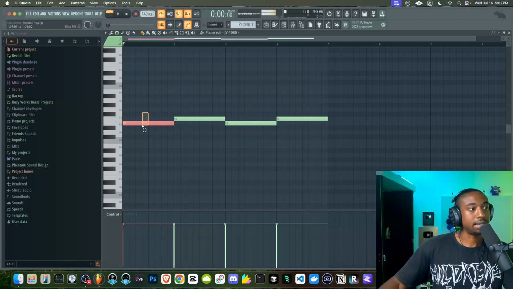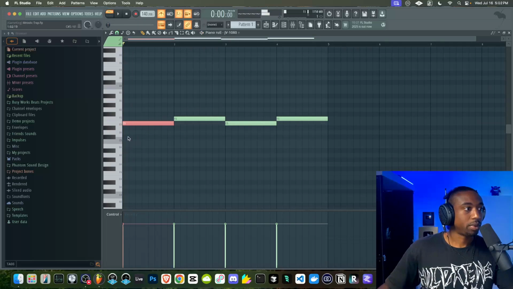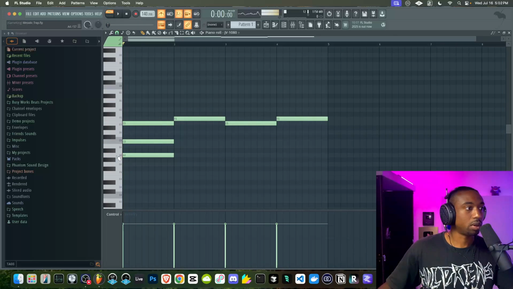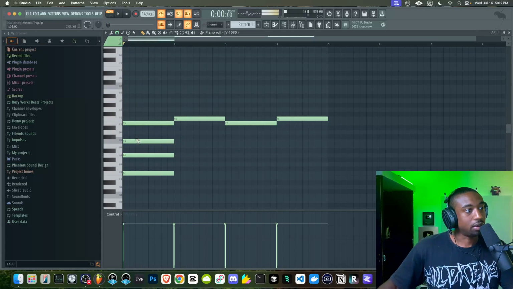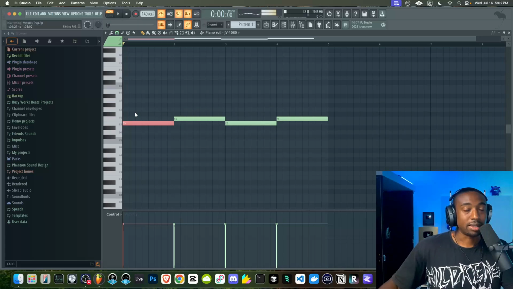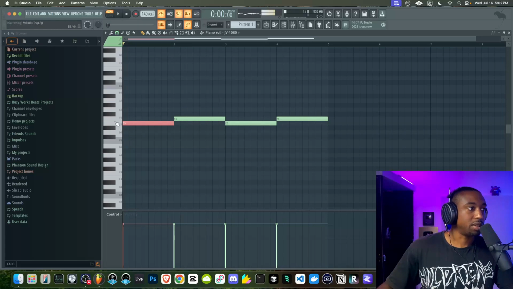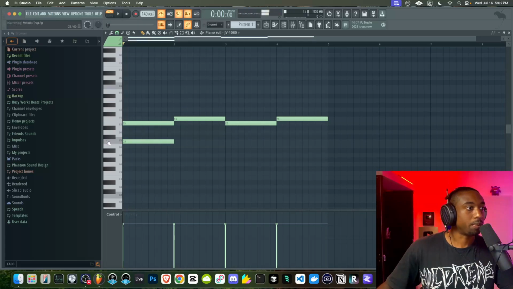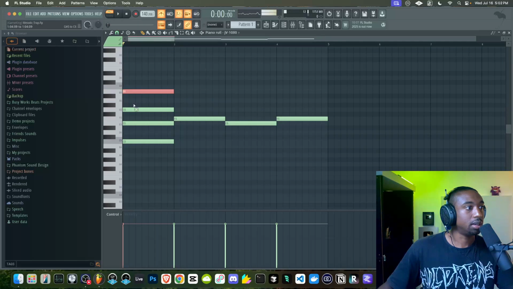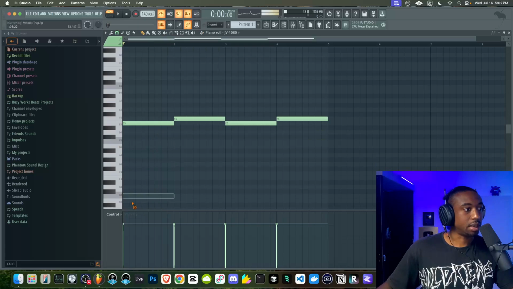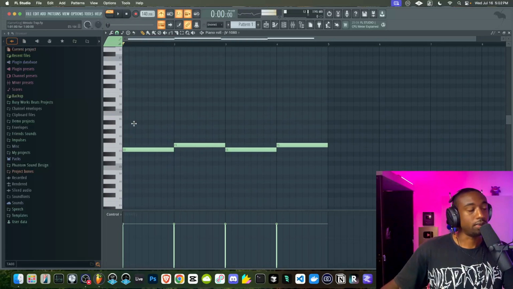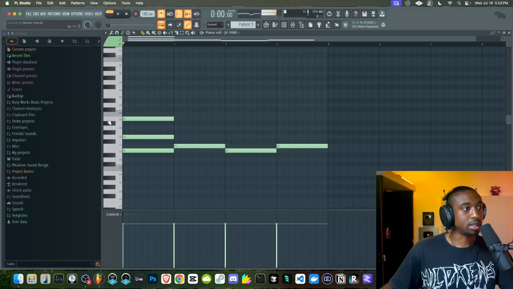I could either look at this E as the top note of a chord. In that case, if I was making a seventh chord, it would be F major. If I don't like that sound, I could say, okay, maybe E is a raised third. So in this case, I would position this as if it were the third of a chord, which would be C, E, G, B. And then I would take these notes, pull them down an octave. That gives me a different sound. Or I could say E is the root note of this chord, and then we're going to create a chord extension from here.